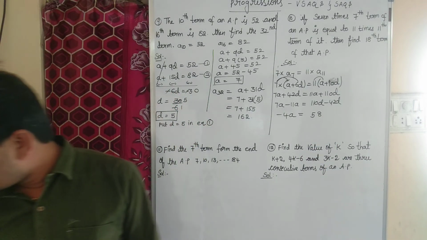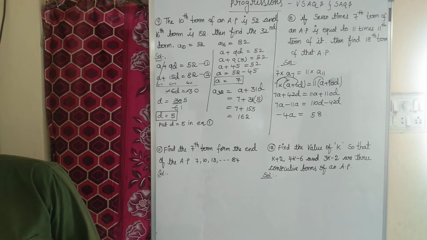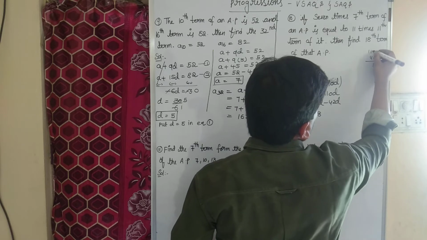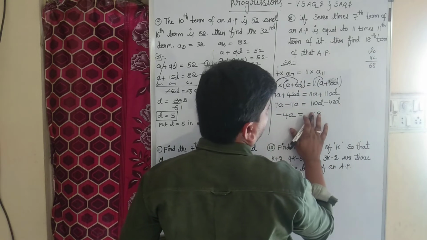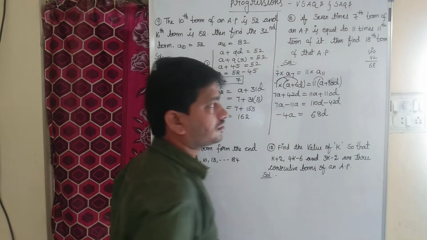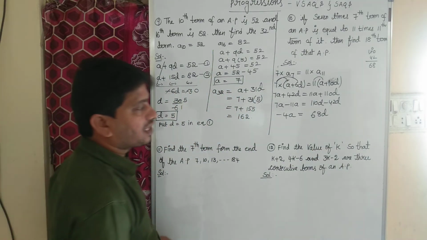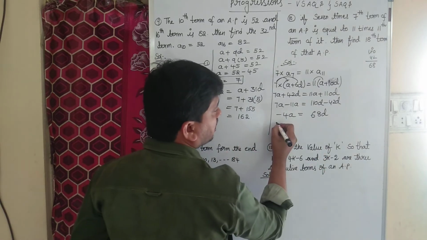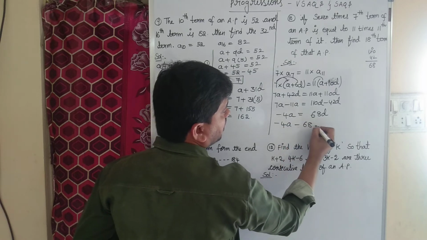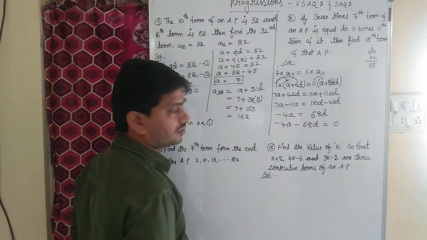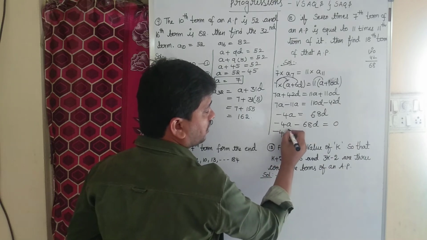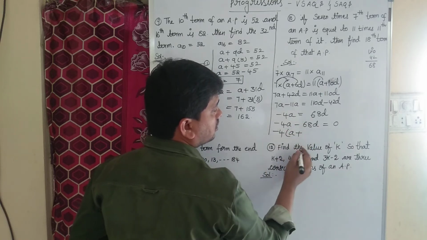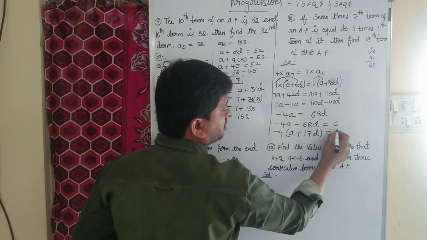110 minus 42, which is equal to how much? So let us subtract. 110 minus 42: 10 minus 2 is 8, and 11 minus 4 is 6, which is equal to 68D. Right? Now transpose 68D to this side. Minus 4A minus 68D equals 0. I want to take minus 4 as common. Minus 4 into A is minus 4A, minus into plus, minus 4 17s are 68.